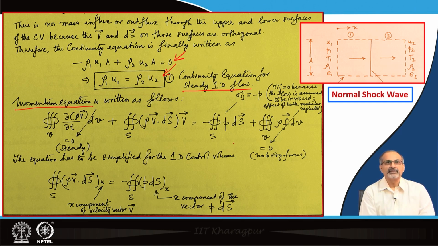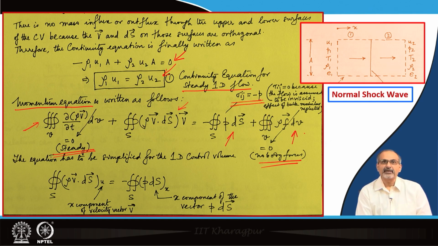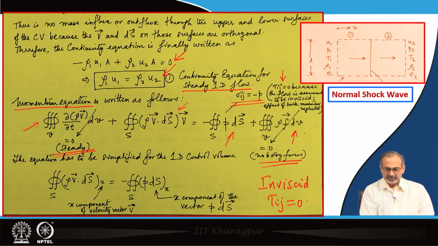Now, let us look at the momentum conservation equation, and if you recall the form of that equation, again for the Eulerian control volume approach, you have a time derivative term here, you have a flux term here, you have a stress related term over here and a body force term over here. What we will assume is we will take it as steady, we will neglect any body forces. Additionally, if you recall the stress term, the sigma ij term, we simplify it only to minus p, taking the normal stress components. We neglect tau ij because we are assuming the flow to be inviscid. Therefore, the tau ij is set to 0, and we also neglect the effect of bulk modulus. Therefore, sigma ij will only contribute the minus p term, and therefore, the equation simplifies to a form like this,